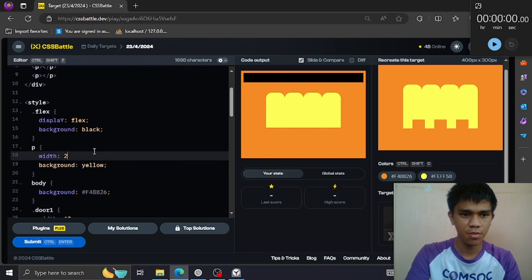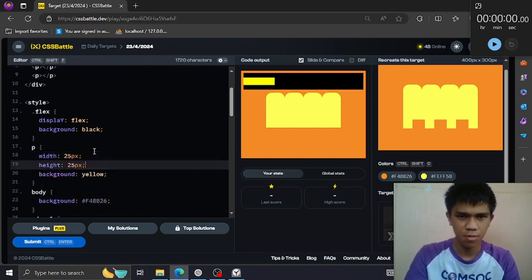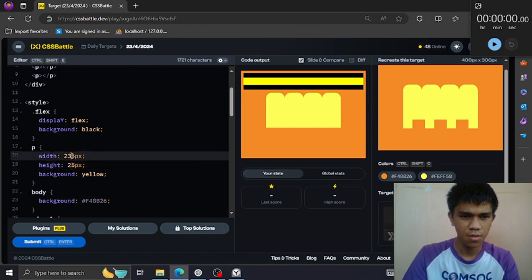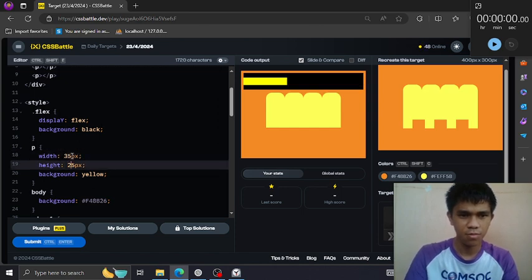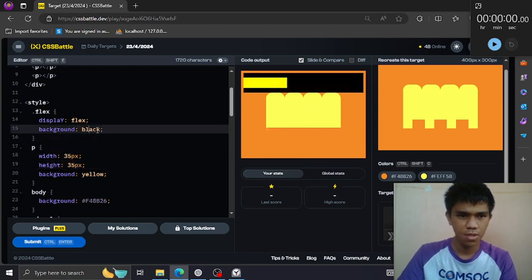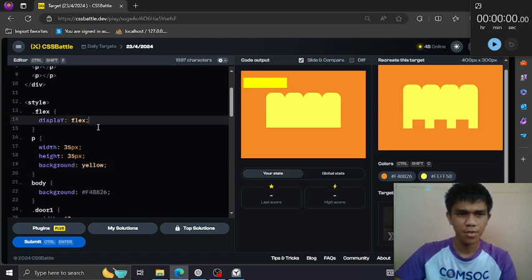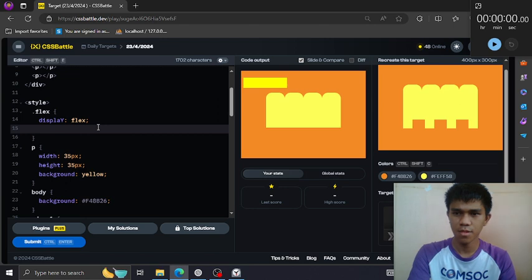This box is probably 25. Like that. More than 25. Maybe something like that. And let's remove this. Push this. Maybe we can put this on the center.